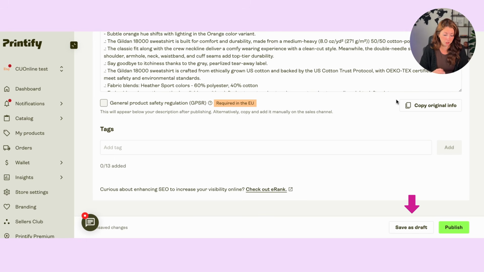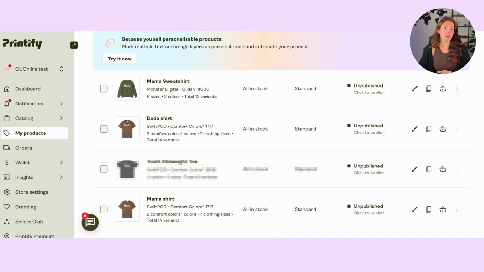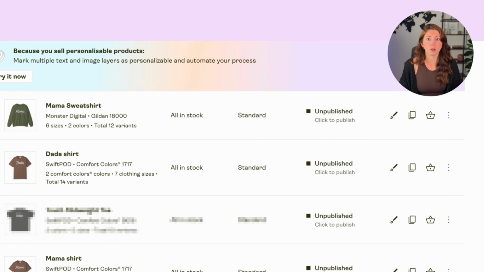So for this one, I'm just going to save as draft. And now, for example, this listing, I actually want it to be the same design, but I want to offer it in a t-shirt and a sweatshirt for my customers. Maybe for you, you also want to offer a long sleeve or a different type of product, depending on what you're selling. Customers might want different